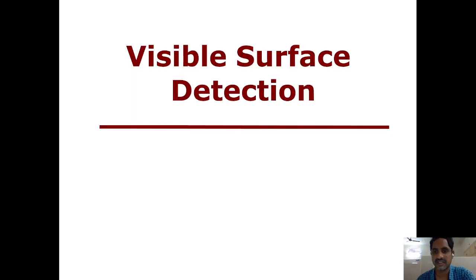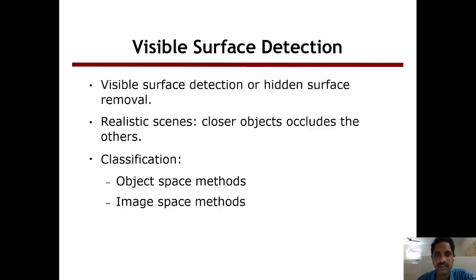One of its units is visible surface detection methods. Visible surface methods are hidden surface removals, which may be closed objects and other classifications. There are two types of classifications. The first one is the object space method and the second one is the image space method. It is also called as